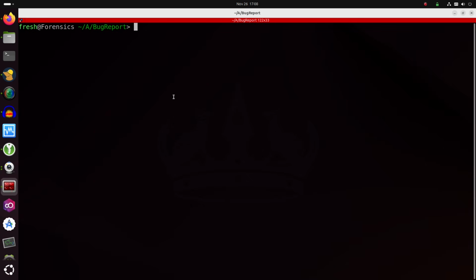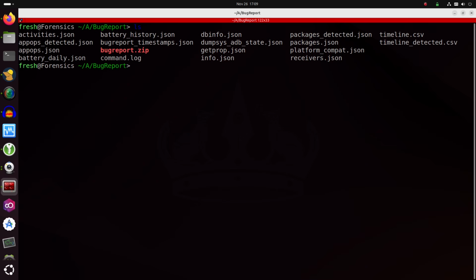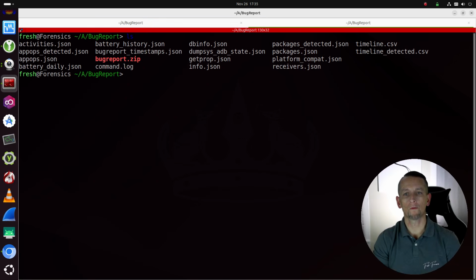And if we run the ls command, you can see that we now have a lot of files that we did not have before. Every one of these files ends in .json for the most part. Some of them end in .csv. Okay, so some of your files of interest that you are definitely going to want to take a closer look at